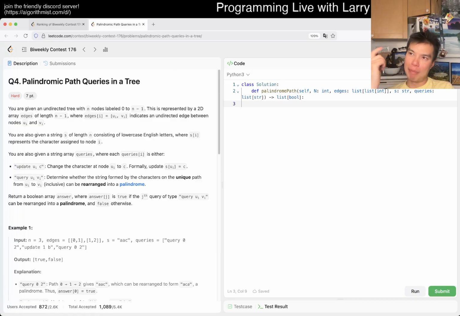Okay, so that part is easy-ish. And so then now you just do an XOR of those two. Okay, that's fine. But then now it's update, right? What do we do for update? Because we have to update the node and the children. So then you just do a binary lifting from the